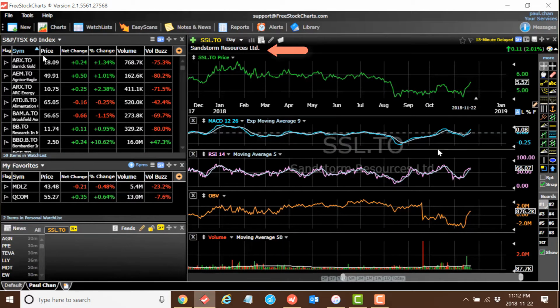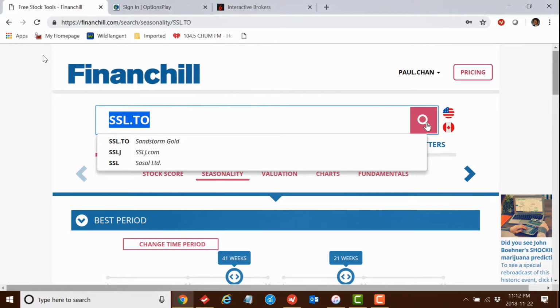The first one that we have picked for you is a company called Sandstorm Resources on the Toronto Exchange. Their prices have been increasing, MACD is rising, so is RSI, but also the OBV. Very, very strong. So there is institutional support. And when we get a second opinion from Financial,